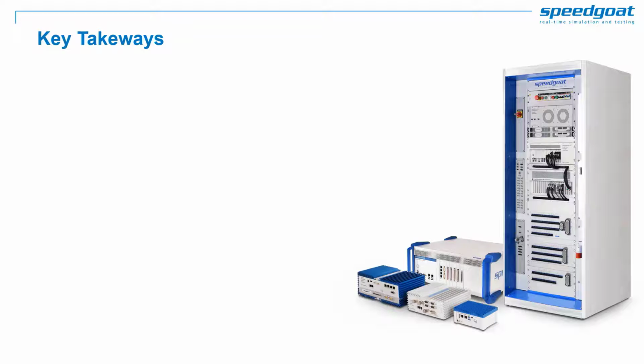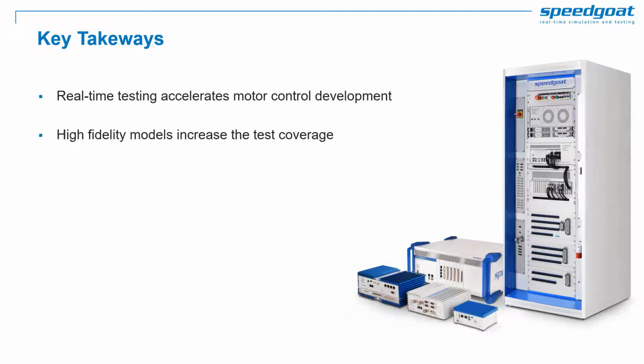Let's now conclude this webinar. I hope I was able to convince you that real-time testing can greatly accelerate motor control developments at different stages, from desktop simulation, rapid control prototyping, embedded controller hardware-in-the-loop, and power HIL testing. Thanks to the powerful SpeedGoat hardware, you can deploy high-fidelity models to maximize the outcome of controller HIL testing. You will benefit from ultra-fast signal capture for high PWM frequencies, simulate switching frequencies on the electrical and mechanical domains, and benefit from easy sensor emulation thanks to the SpeedGoat code modules.